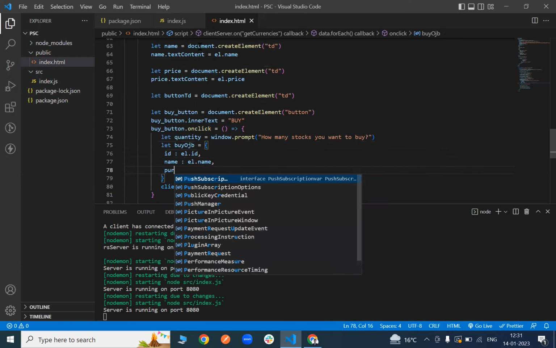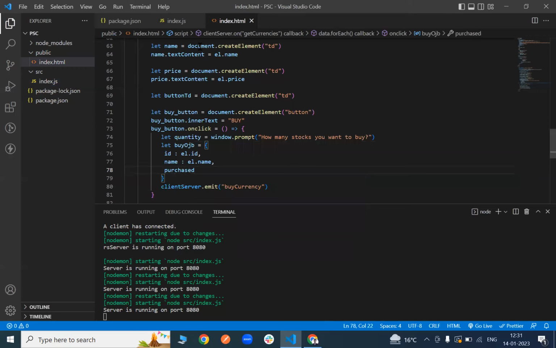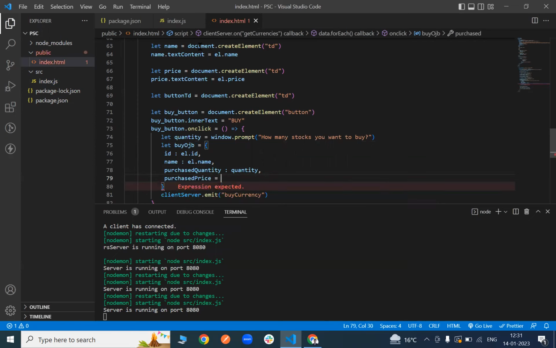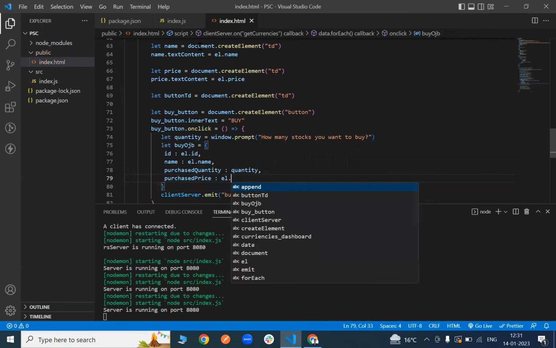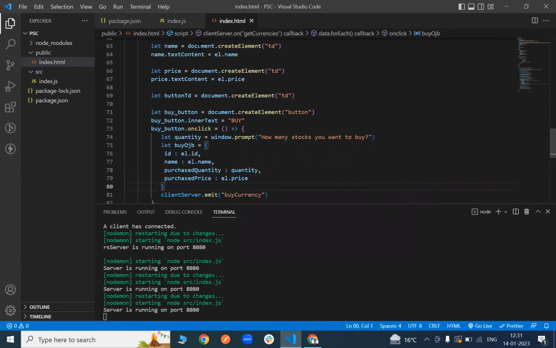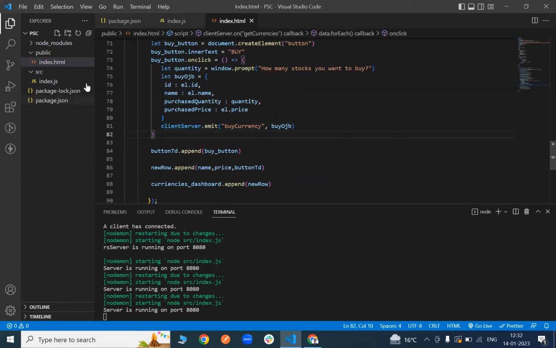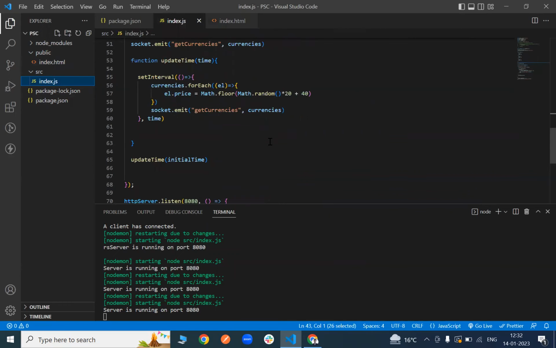and other things are purchased. What was the purchase quantity? Purchase quantity, so it will be quantity. And what can another thing be? Purchase price. Purchase price equals L dot price. What was the price at that time? Right. So once we are emitting this, we will also be sending this object to